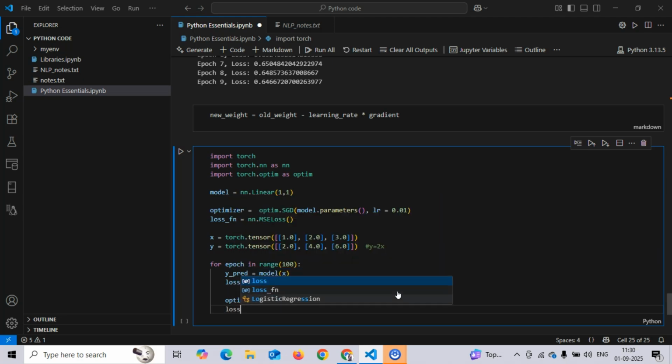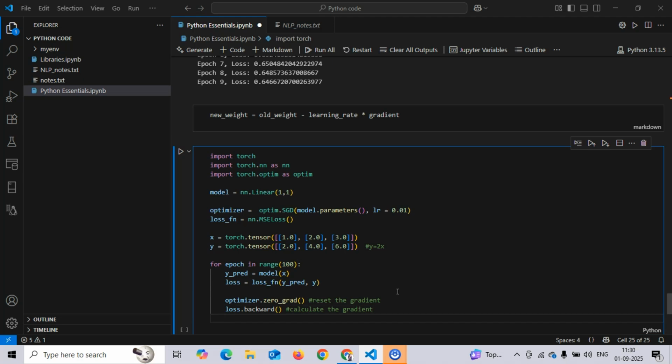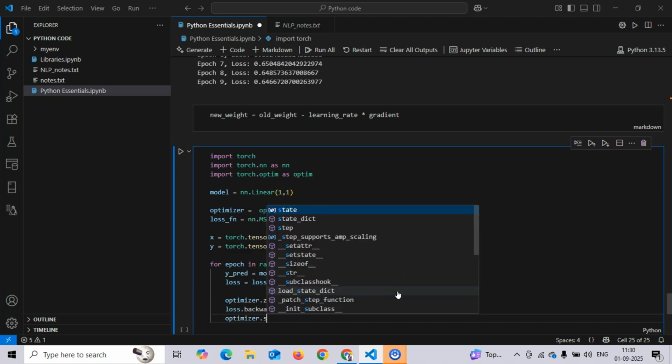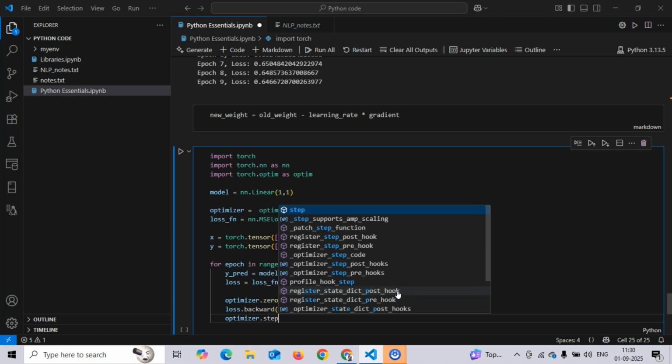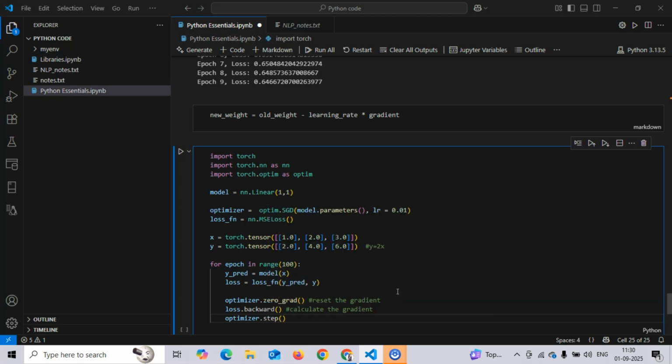So based on the loss we calculate the gradient. So loss dot backward, here we calculate the gradient. Perfect. And then we will be optimizing our data. So optimizer dot step, what it actually does is update the weights.